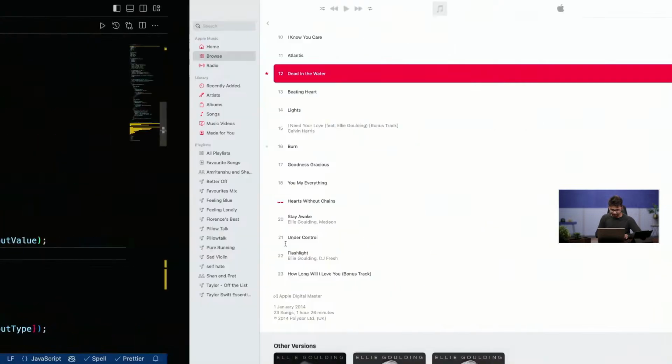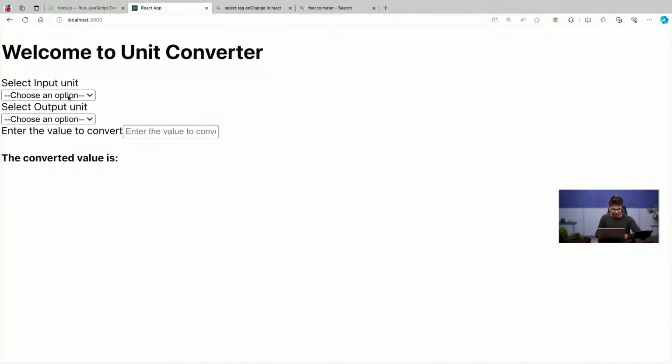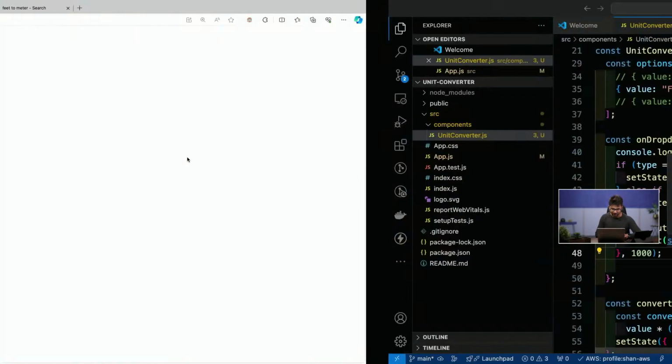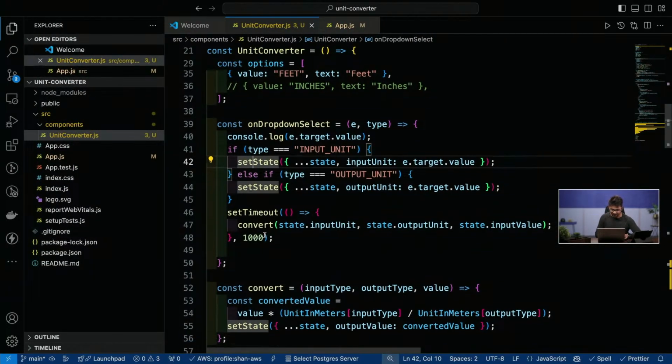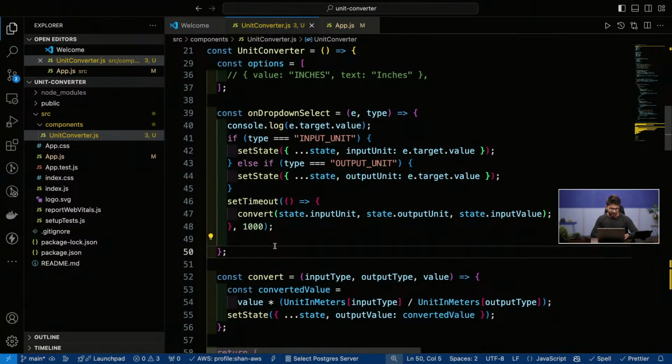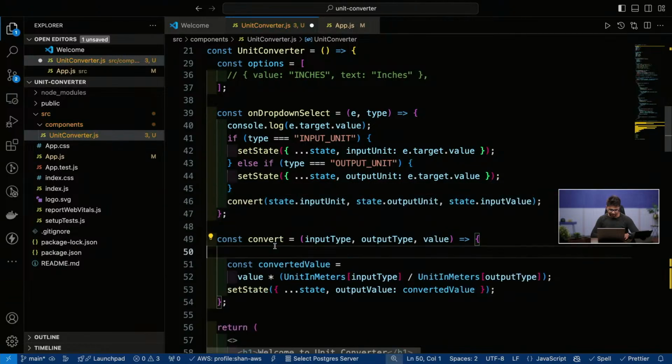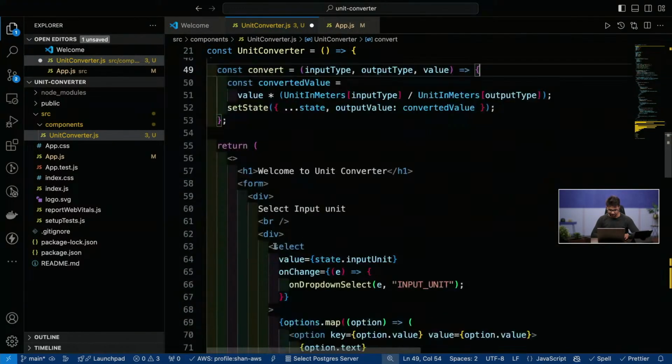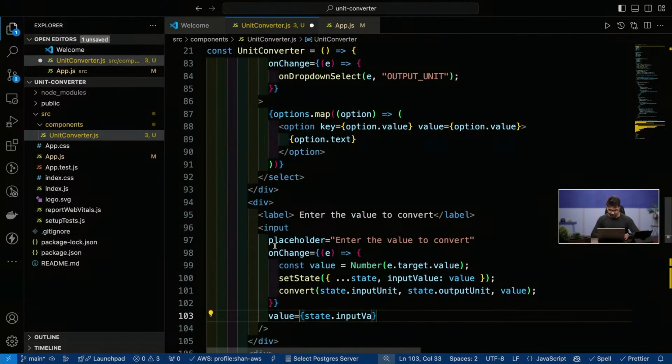Let's see now. Refresh it. We see a not a number value. Okay, fine. So one thing that we can do is we need to find out what we are doing wrong. Let me just go back to the place where the code was working. I'll remove this if condition. Okay, fine. And then lastly,